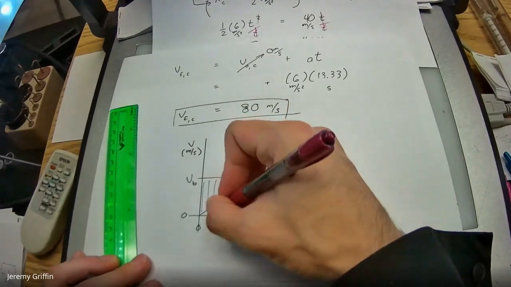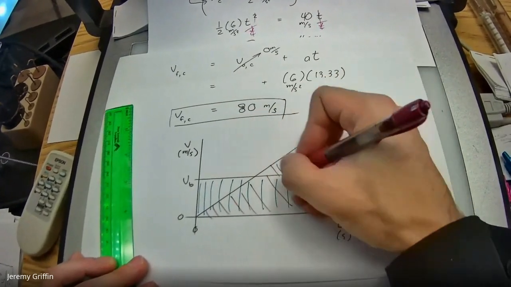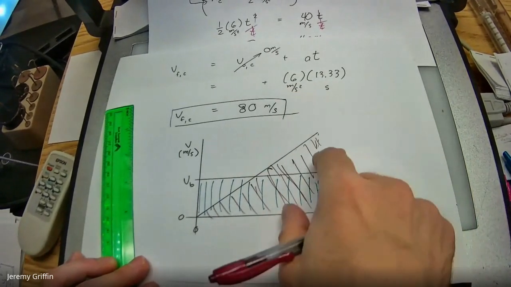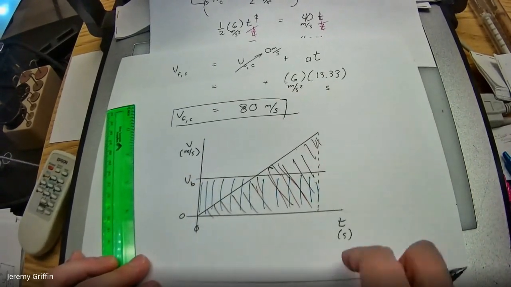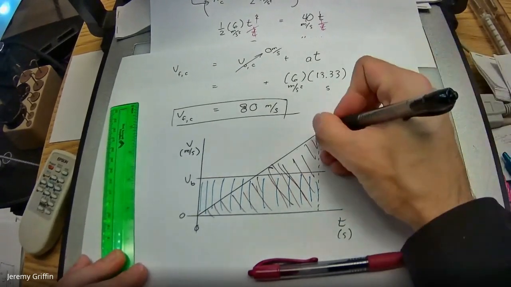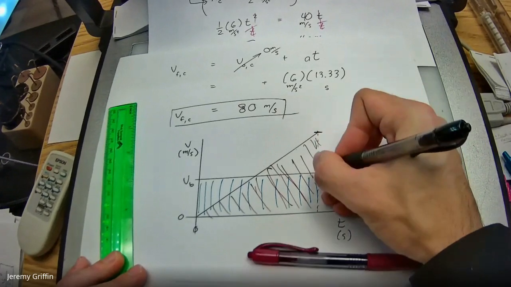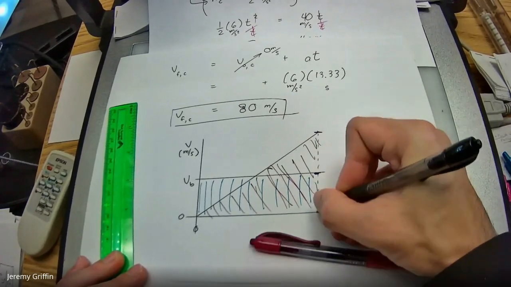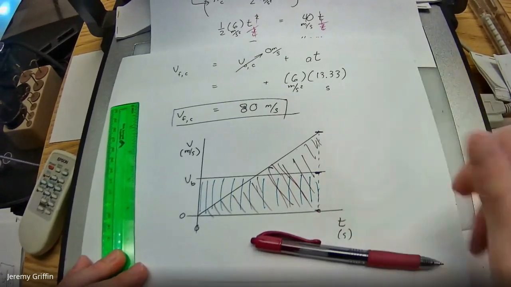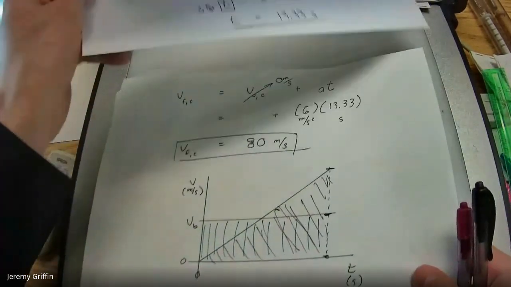Here's how far the cop car went. It's this whole triangle right here. Do you guys see that the triangle and that rectangle have the same area? And do you see that the final velocity of the cop car is going to be exactly twice the velocity of the blue car? It's a 2-to-1 ratio. So there's the graphical answer, a little bit faster than all this stuff. There are 2 different ways to solve that: the equation way and the graphical way.